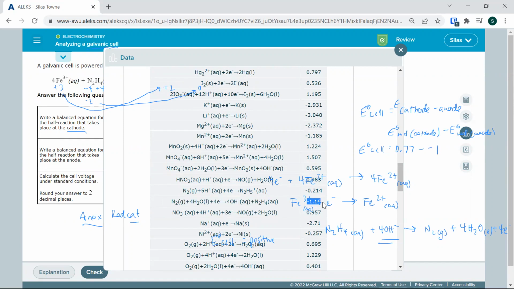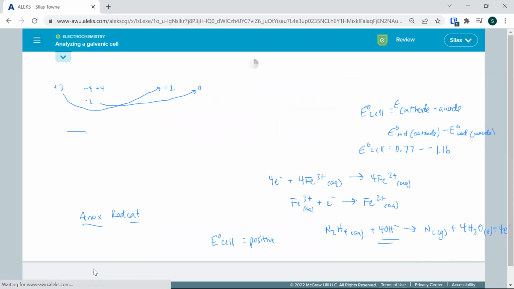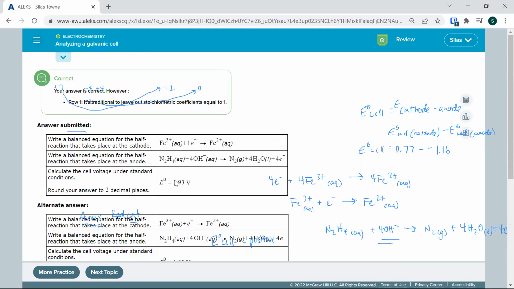So minus a negative 1.16. And there's where that gut check of, is it going to be positive, will help us out. And so we have positive 0.77 minus a negative 1.16, which gives us a positive 1.93 volts. Okay, there we go. Now I put a 1 in here. I tend to do it with electrons and nothing else. ALEKS doesn't like that, so,